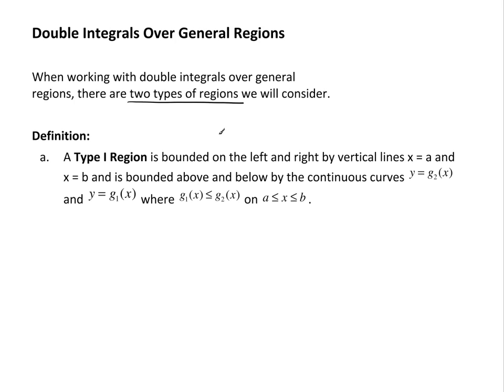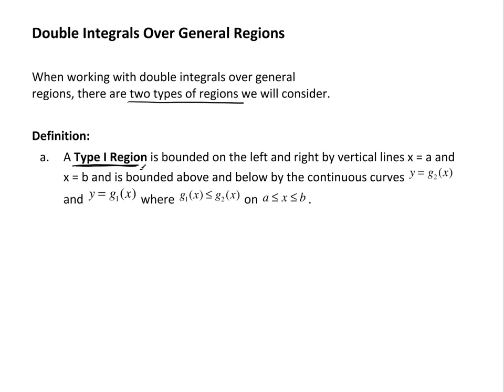That's really kind of a lie in that there's other types of regions, but really the other type of regions that we will work with are made up of these two types of regions, so it's not that big of a deal. Okay, the first one is called a type 1 region,